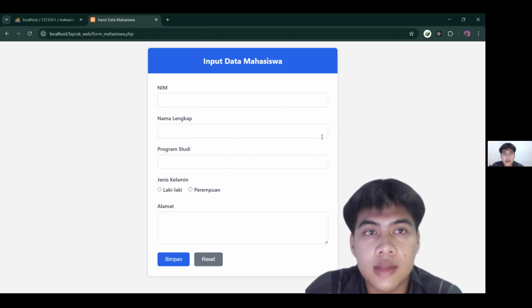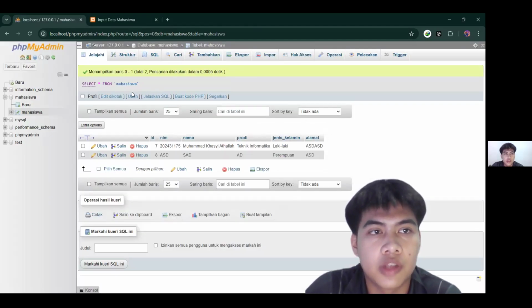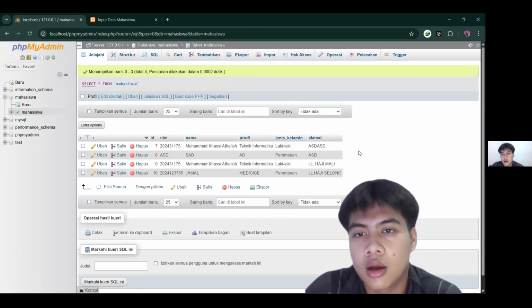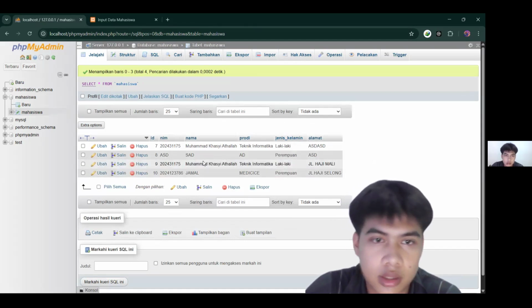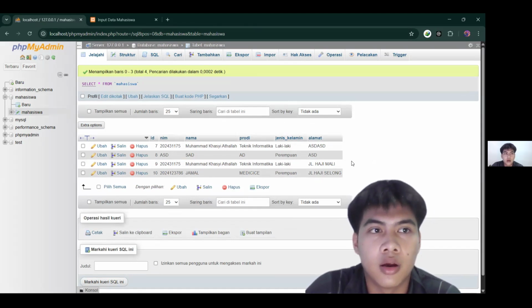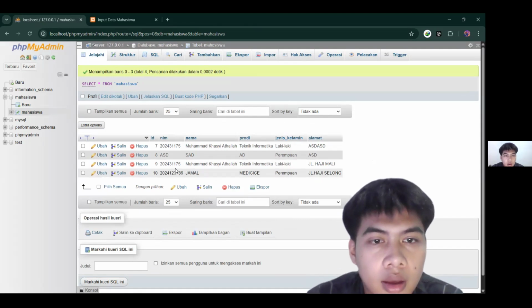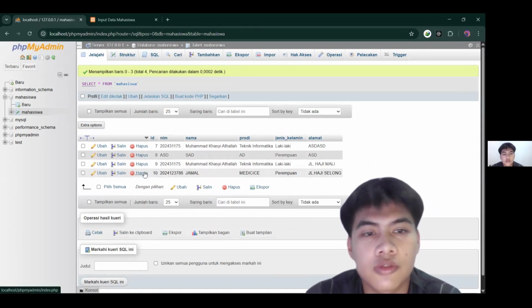So now we can see the database in localhost phpMyAdmin. Okay, let me see if the data is there. Yes, the data is in phpMyAdmin. It was inputted successfully.